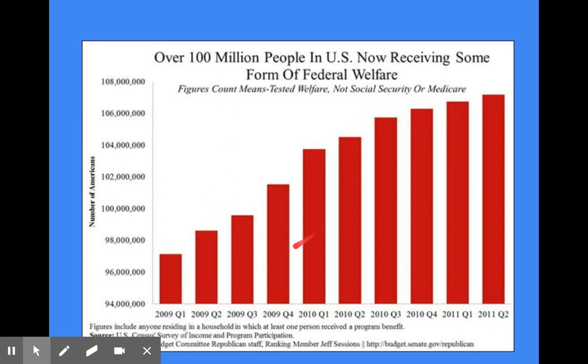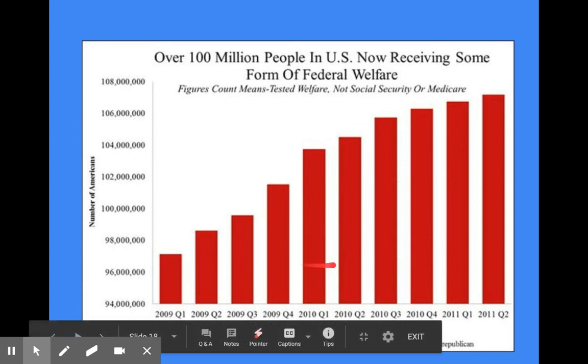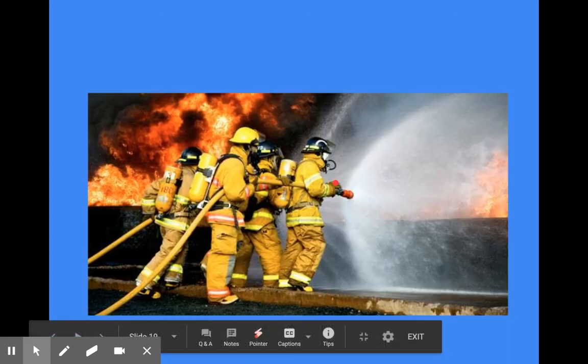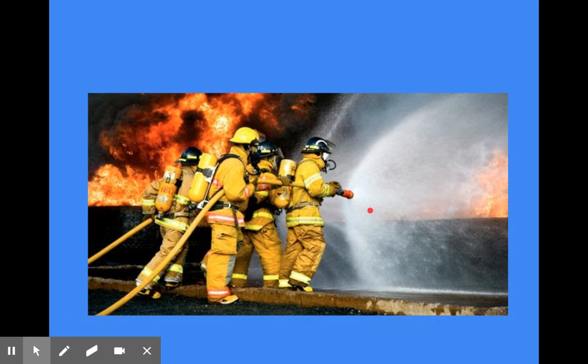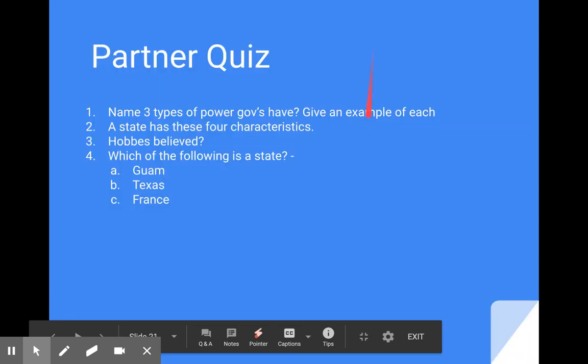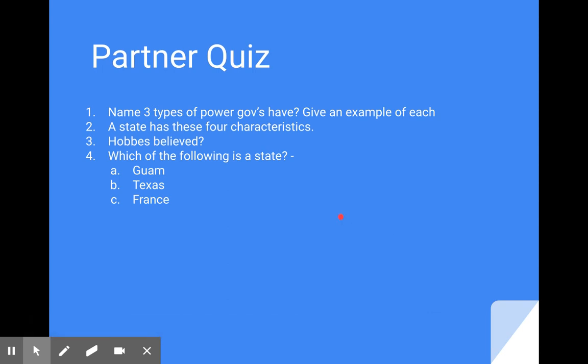Welfare. How many people are on welfare? This is back kind of towards the Great Recession time period, 2009. Let's promote general welfare, providing services, fire protection. Oh, is it not here? No longer available. That's weak. All right. If we were in class, I would have you do a partner quiz. I'd have you turn to a partner, and you'd be looking at the screen and naming all these things. So I'm not going to have you do it right now because you can just skip through this.